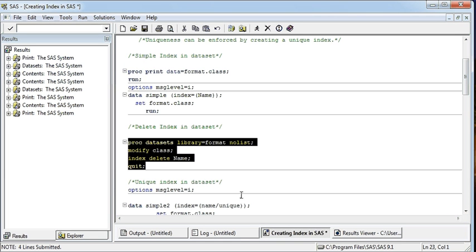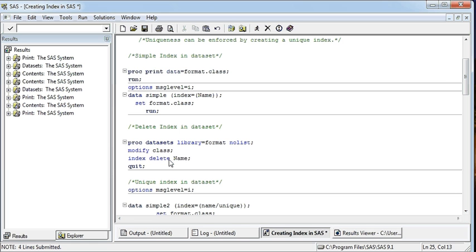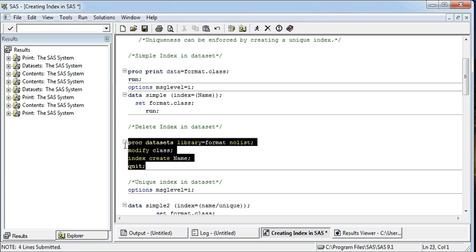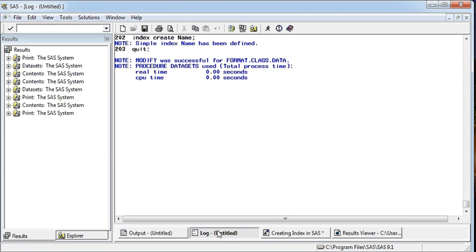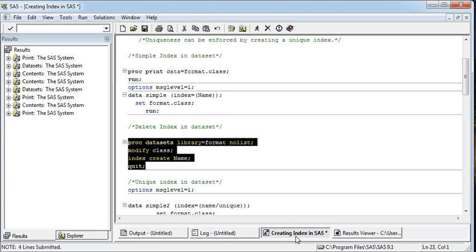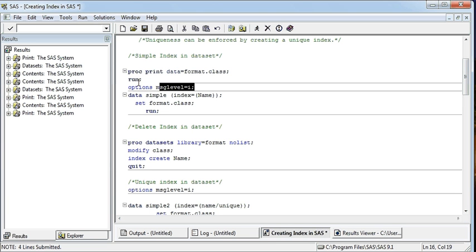Similarly, you can create an index here instead of delete. So it will create the index. A simple index name has been defined, and if you want to see whether the index is created or not, you can use this option, MSGLEVEL=I.